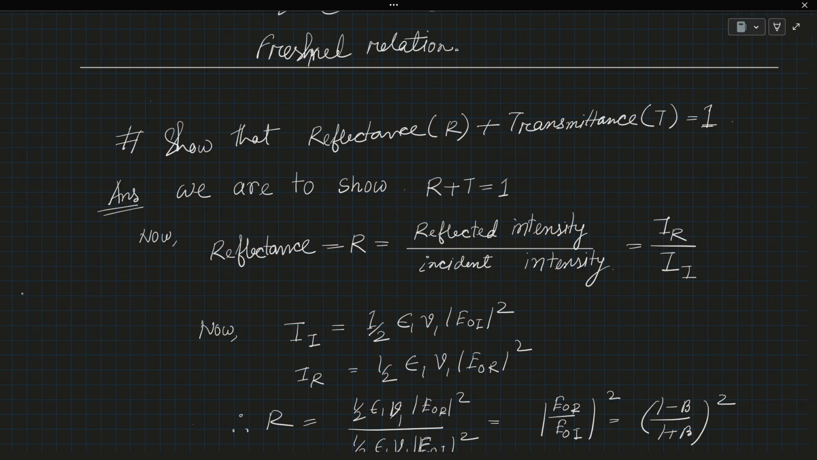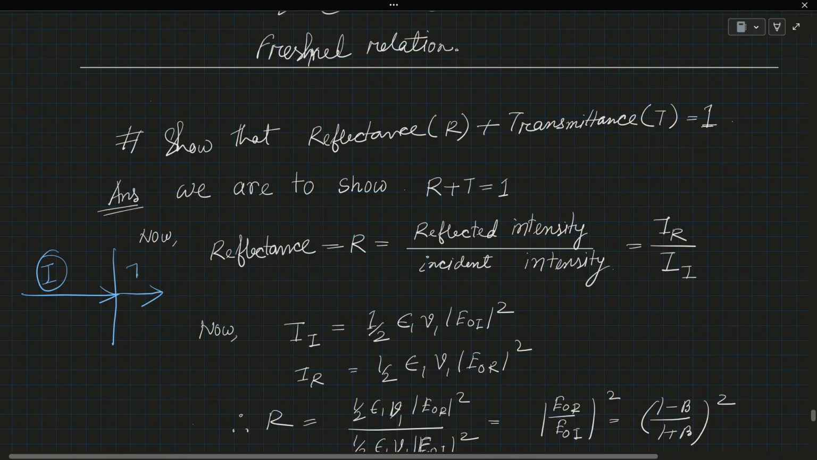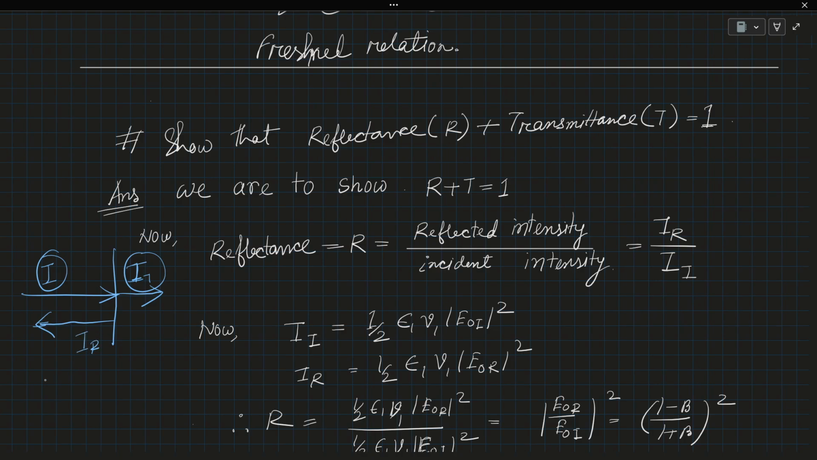As you know, if this is the incident wave, let me write it down here. This is the incident wave, and let's say it has some intensity I. Some of its intensity will be in the transmitted wave, let's say it is IT, and then some of its intensity will be reflected. That means IR, as you can see. So I minus IR equals IT,